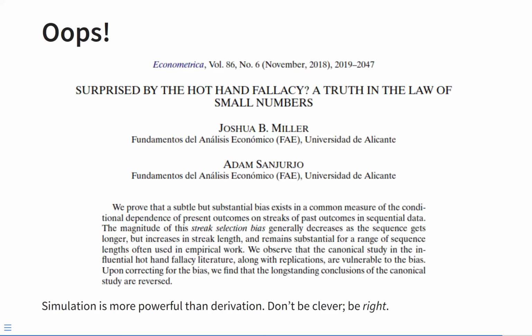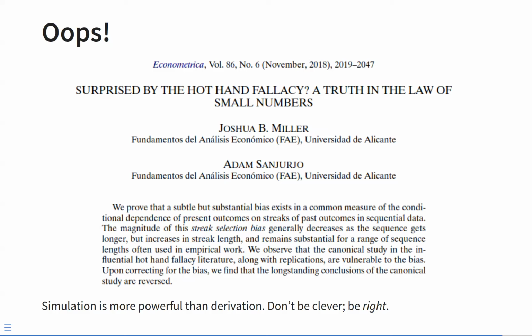Well, sometimes even Nobel laureates get things wrong. There was a relatively recent paper in Econometrica that pointed out that everything that I just read you is incorrect. So in particular, this paper, "Surprised by the Hot Hand Fallacy? A Truth in the Law of Small Numbers," found the following result. We prove that a subtle but substantial bias exists in a common measure of the conditional dependence